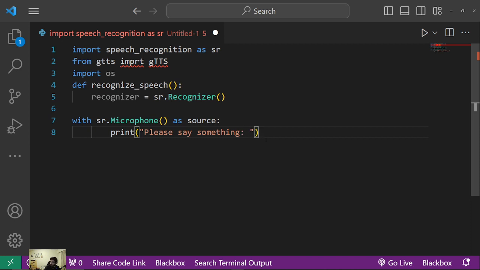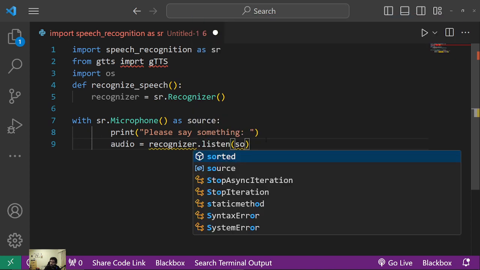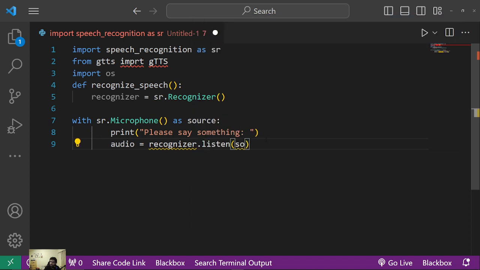You don't have to add the closing, but just to make it nicer. And in here I'm going to say that we're going to be using the audio of the recognizer, but instead of speech it will be listen, because this is where the machine has to listen. Now in here I'm going to say try, and the text in here is going to be recognizer